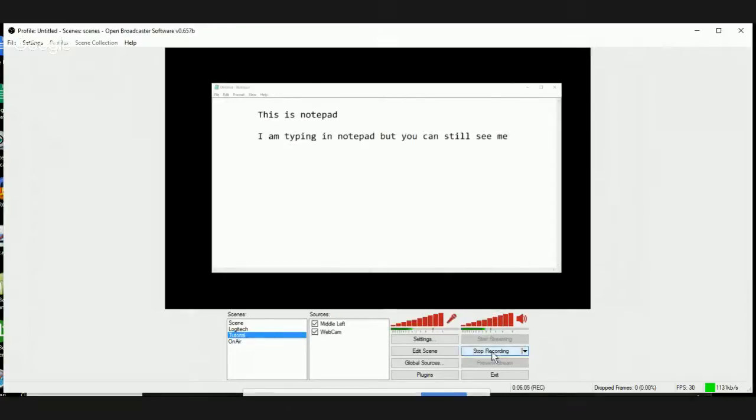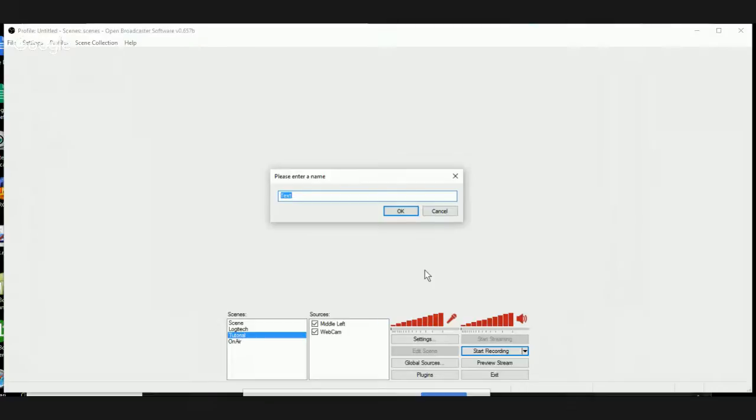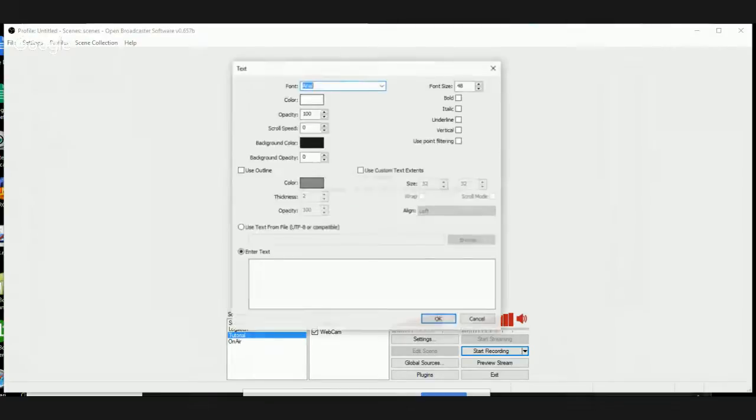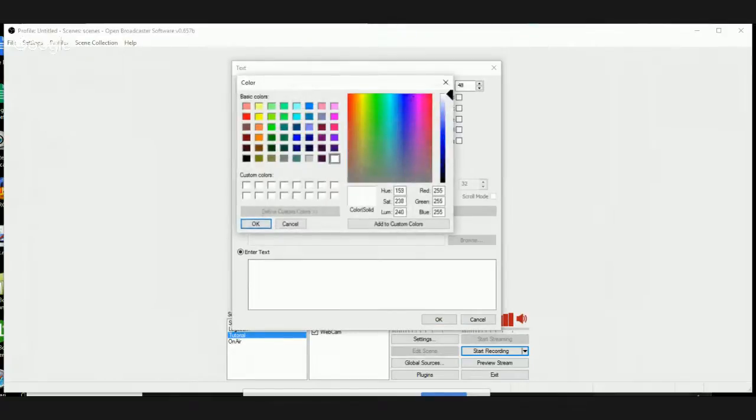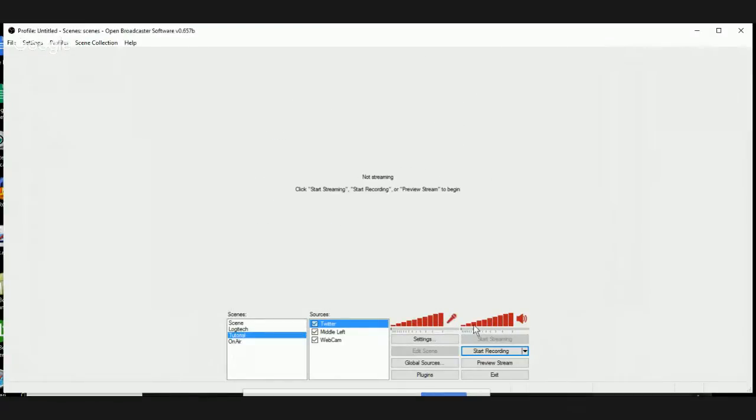And I might have to stop the recording. Add text. This is just going to be my Twitter. And it's going to be blue. You have to double click it. That's right. It's a little non-intuitive, but you get it. There we go. And I'm going to have it be pretty big, 96. And I'm just going to say twitter.com/subbob. And now when I start the recording,